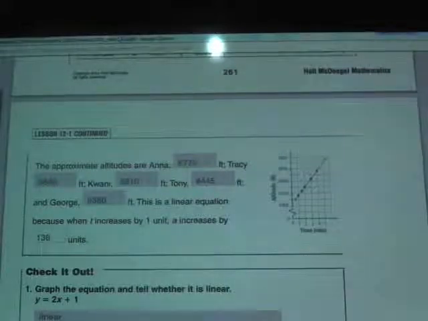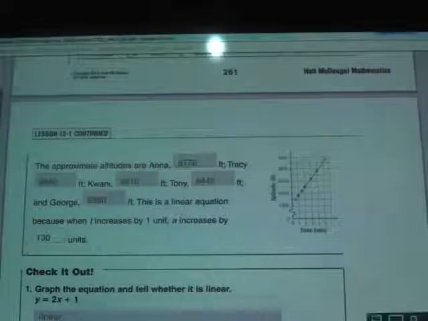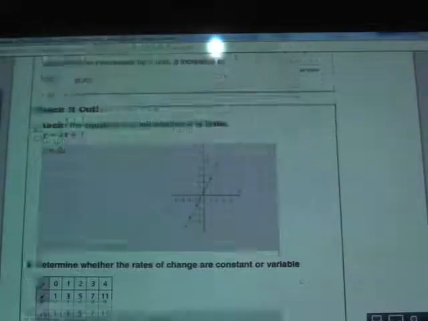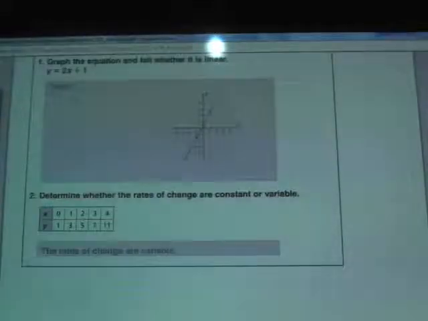All right, so let's go ahead and take a look at the concluding examples here. Number 1 is asking me to graph the equation and tell whether it's linear, and the equation is y equals 2x plus 1. Again, linear, all that means is when we graph it, it's the graph of a line. Okay, so again, what we're going to do here is we're going to go ahead and pick some x values